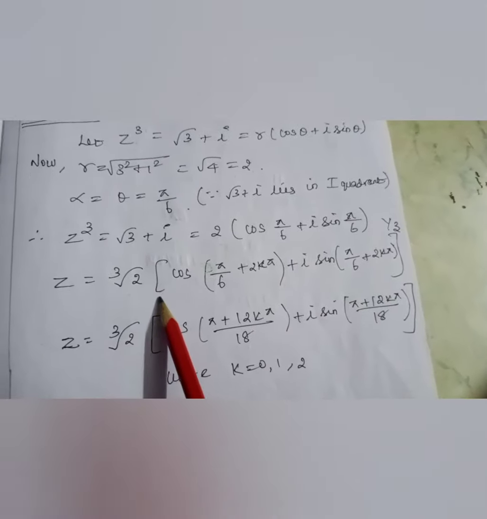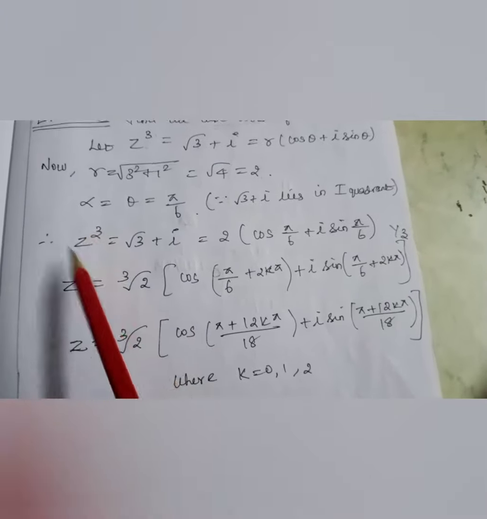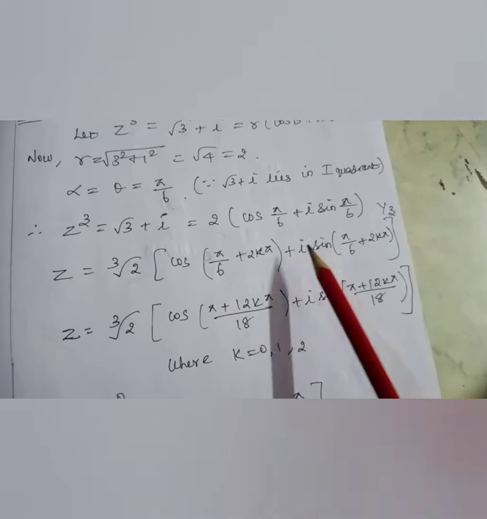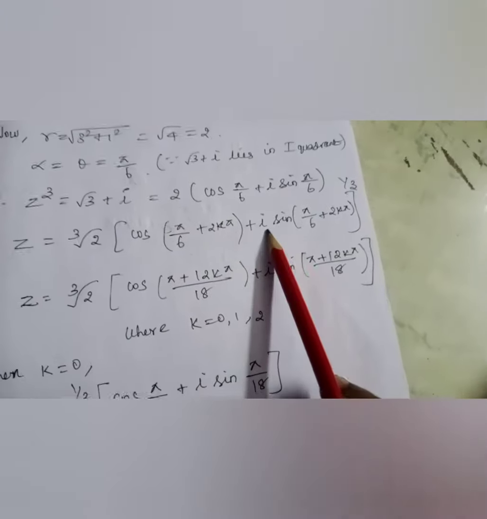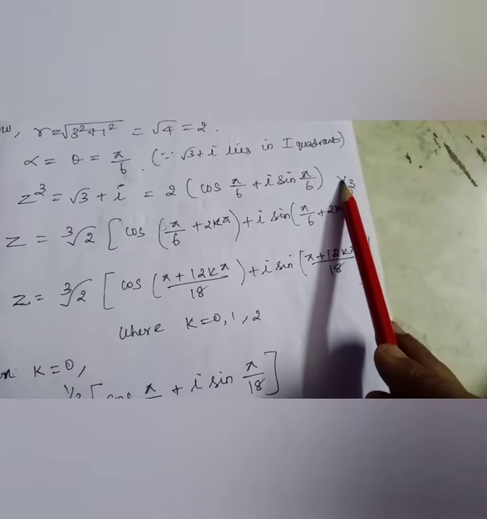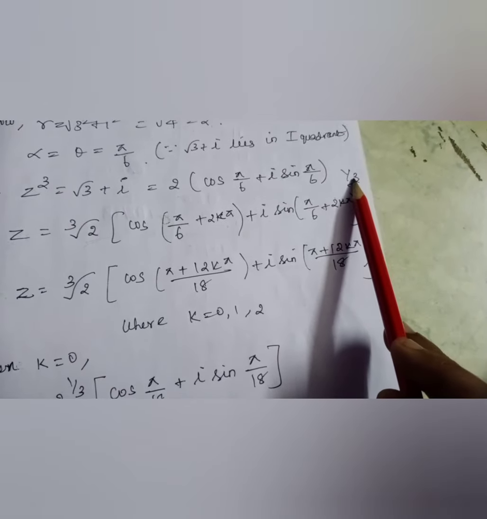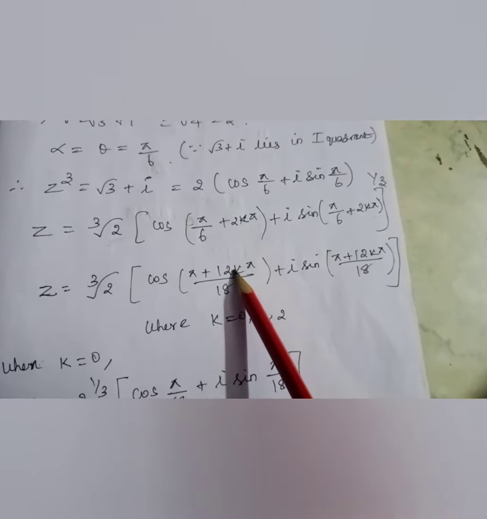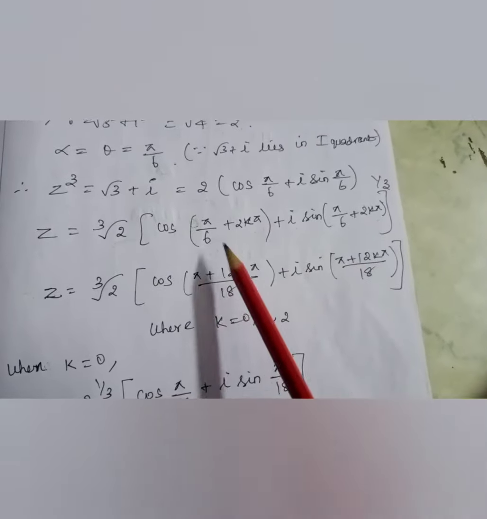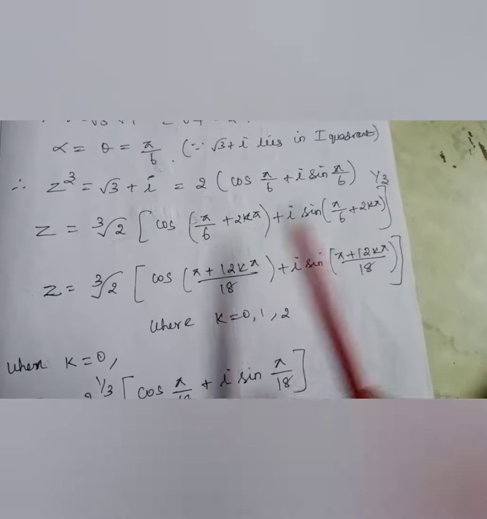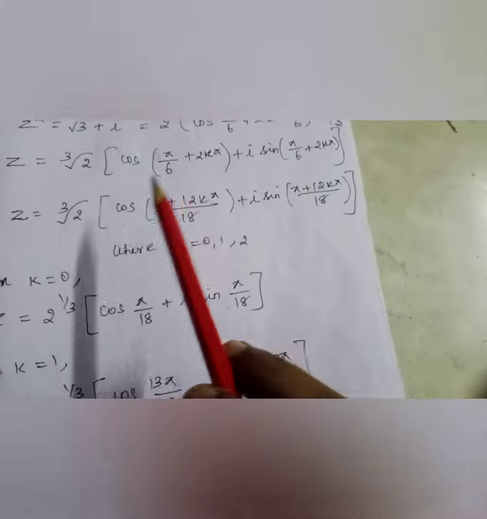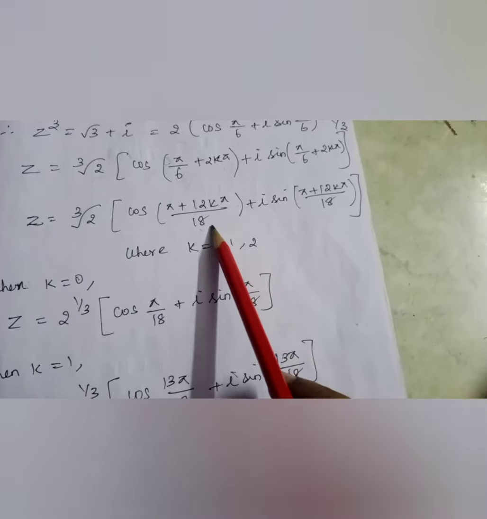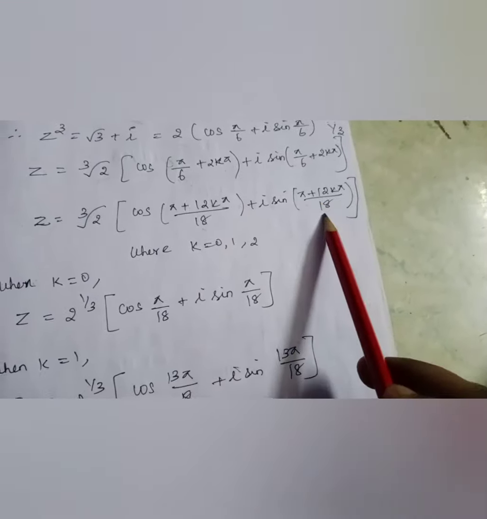Now I can write this as z is equal to, I will take this cube root to the other side, cube root of 2 times cos of (pi by 6 plus 2k pi) plus i sin of (pi by 6 plus 2k pi), the whole power 1 by 3, adding 2k pi to the argument. Now using De Moivre's theorem, I can bring this 1 by 3 over here. Now if I take the LCM, 6 into 2 becomes 12. Here also 12. And down I will have 6 in the denominator. When this 3 comes there, 6 threes are 18. So I have the expression as cube root of 2 times cos of (pi plus 12k pi) by 18 plus i sin of (pi plus 12k pi) by 18.